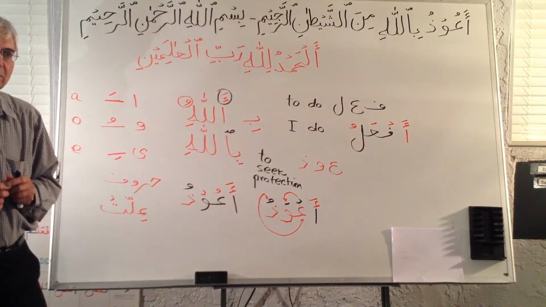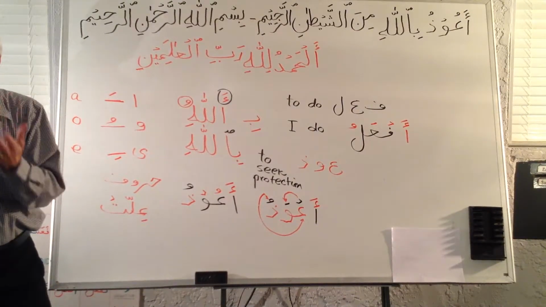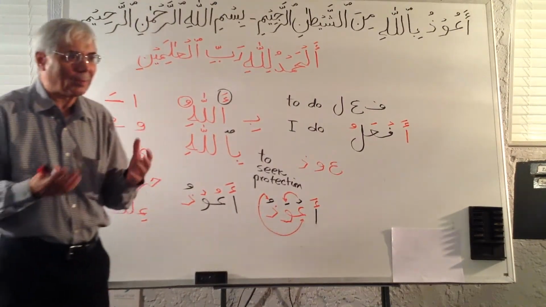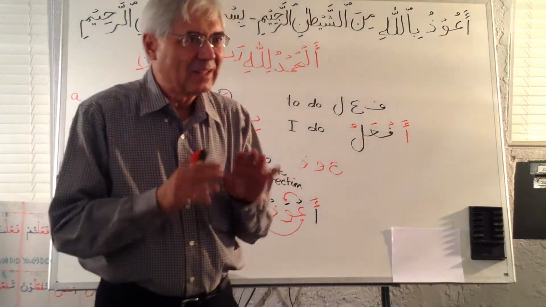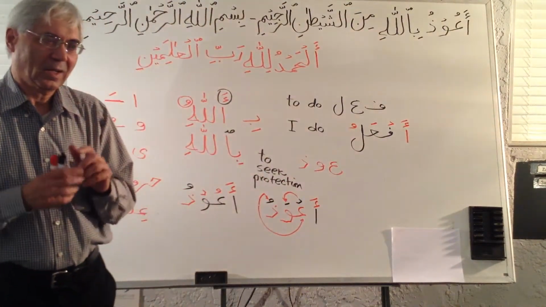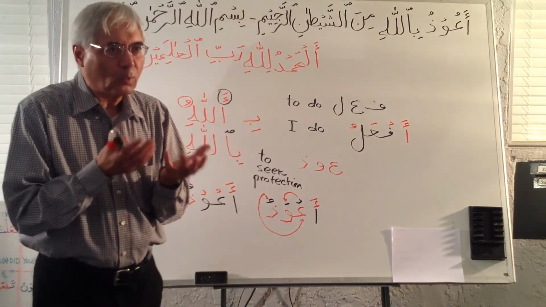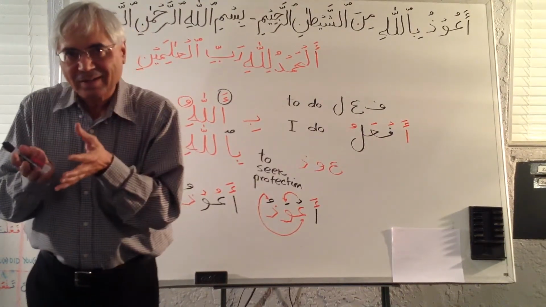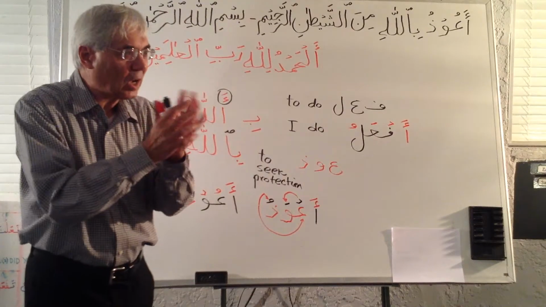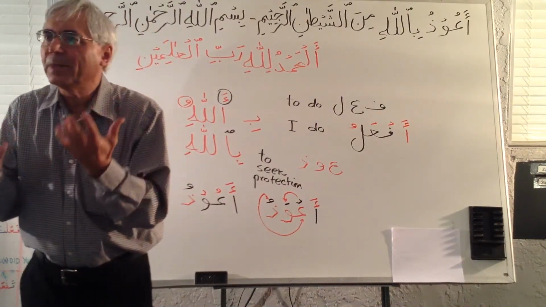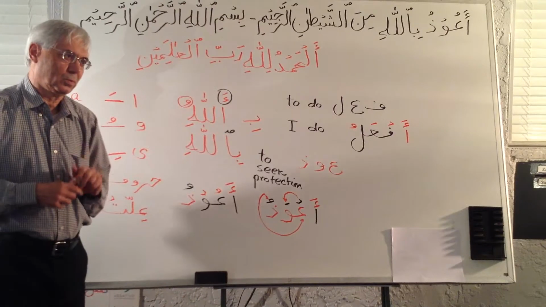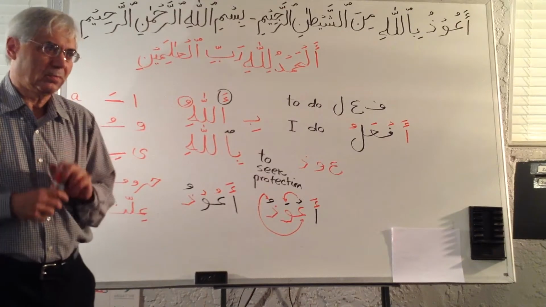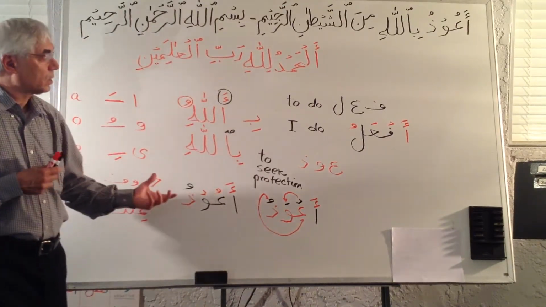A'udhu. It's easy coming out of your mouth. No pressure, no screaming, no wa'udhu, like I'm trying to throw up, you know. Very smooth, a'udhu. So it became easy. So what did we do? Huruf illat caused a problem. They were sick, we fixed them in the sound. It became easy to pronounce, a'udhu. No pressure on the tongue, or on the mouth, or anywhere. This is the word in there.